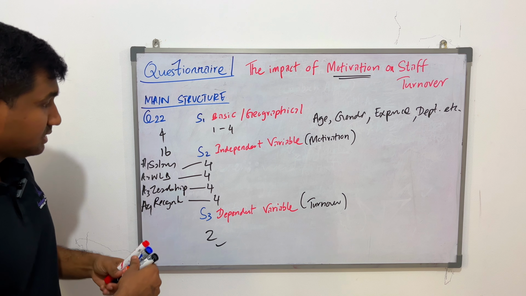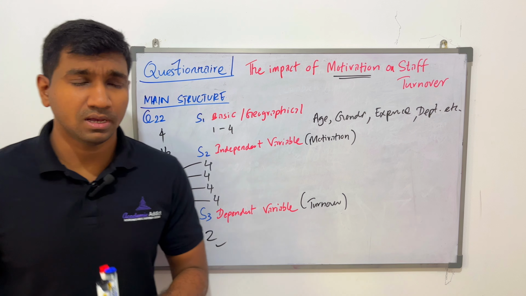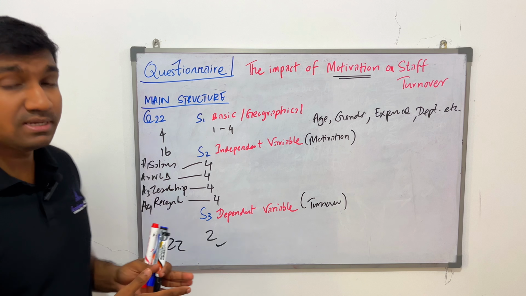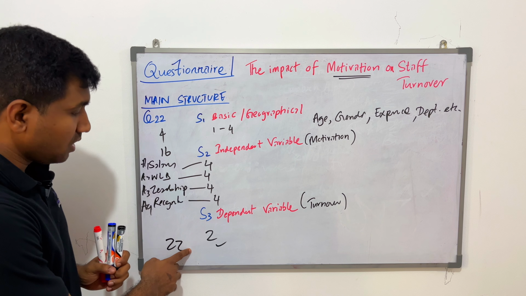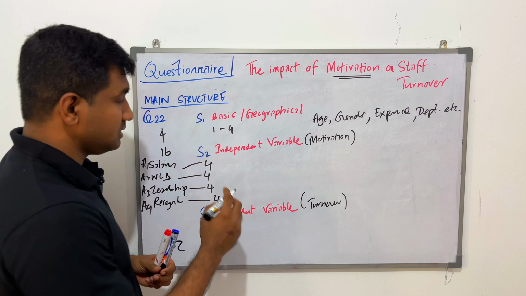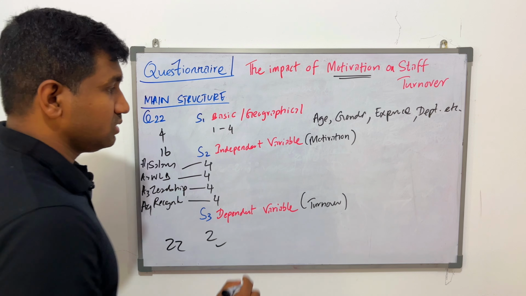Then by that, you will be done with 22 questions, right? It's very basic. I tried my fullest to explain this in a simpler way. So now we are done with 22 questions. The main part is that all the answers that you provide in your questionnaire should